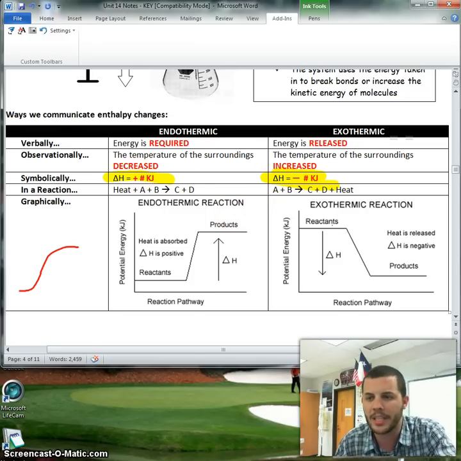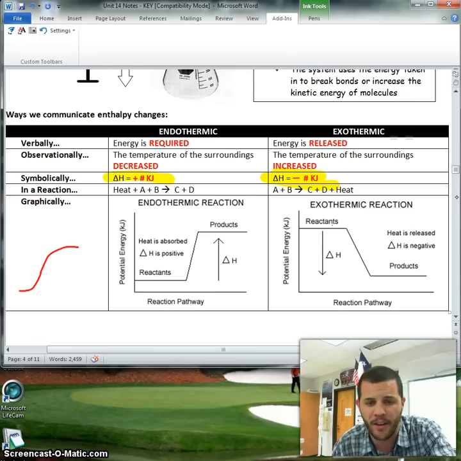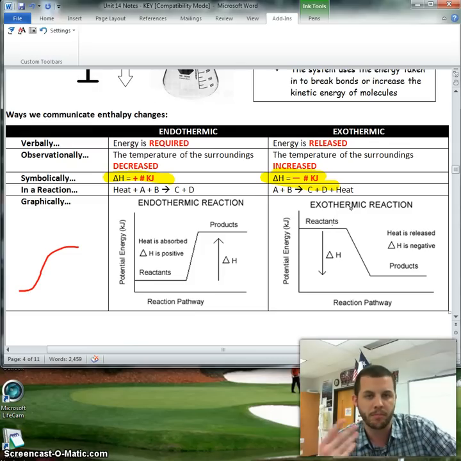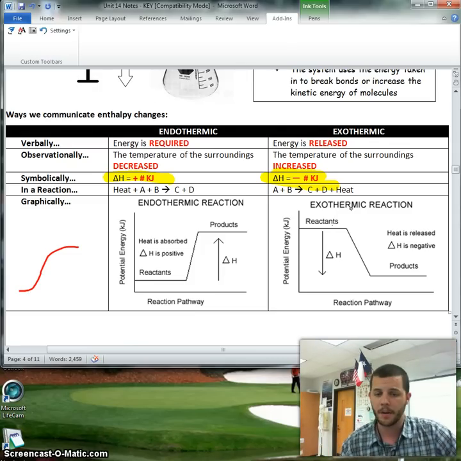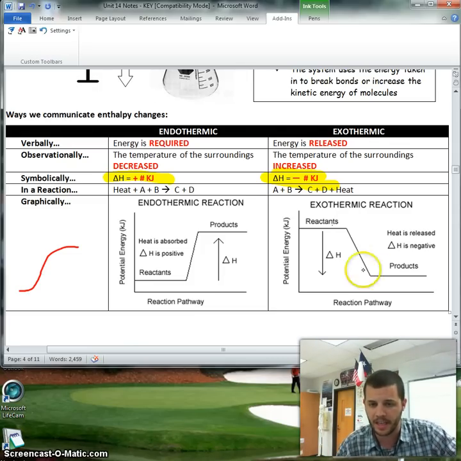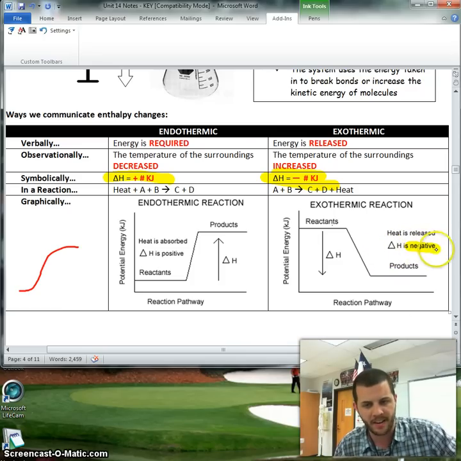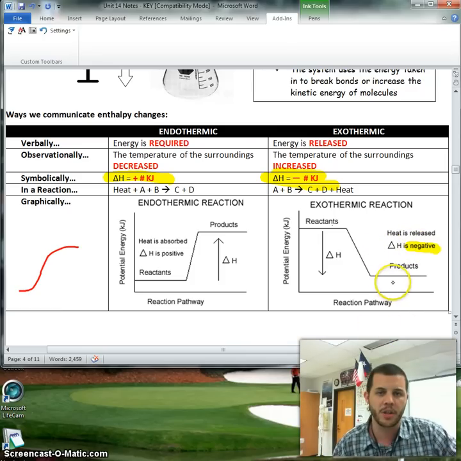Okay, I'm going to write this, excuse me, not graphically, in a reaction, I'm going to show that heat is on the product side, meaning that heat was a product of my reaction. Heat was released after the reaction, or during the reaction. I can also show this graphically by saying that my energy is lower than I started. So my final energy is lower than my initial energy. So then when I do my delta H formula, final energy minus initial energy, my delta H is going to be a negative number. So since it's negative, I also know that it's going to be